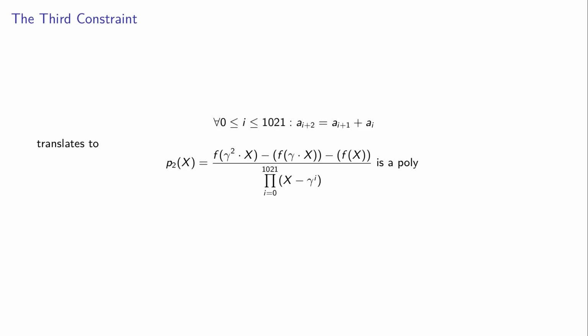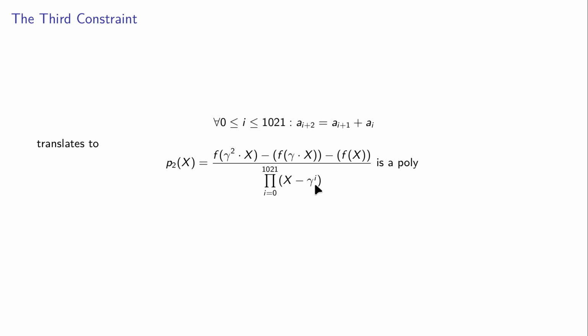And then the third constraint is quite interesting. So it's this expression that we have here. So let me try to dissect it for you. So the f of gamma squared times x corresponds to a of i plus 2 minus a of i plus 1, which is the f of gamma times x, minus a i, okay? And so this has to be true for all the values from gamma 0 up till gamma